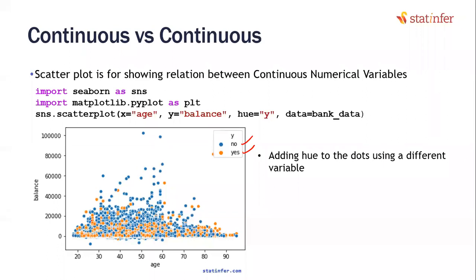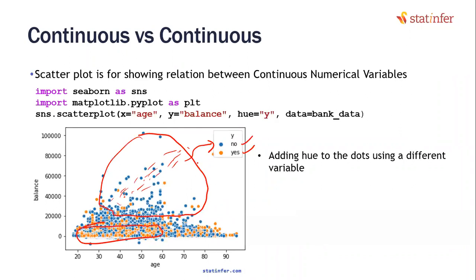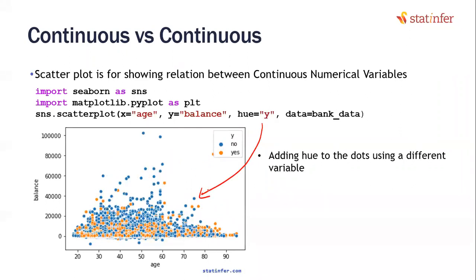What if you see that amber is only here and everything here, the ones that are going higher, are blue only? Then you will say that when Y is no, in that case balance is getting higher or age is getting higher, or maybe in that particular column only, there is a relationship between them. Basically, it is to tell whether, compared to the overall data, there is any segment that is very different. For that, we will add this new segment as the hue or the color.